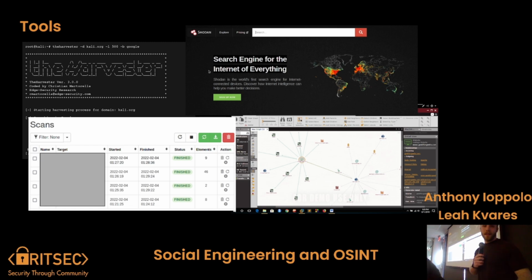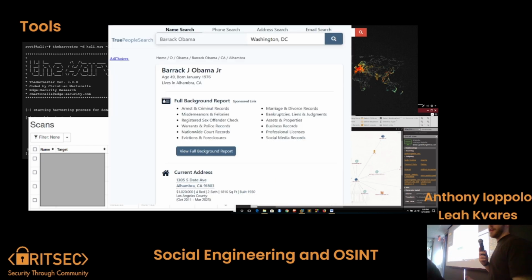And then one of the people search engines, for example, you type in something like "Obama lives in DC," and sometimes it's completely not accurate. But if you ran this on me, Anthony Ioppolo, within 100 miles, if you say Scranton, you'll get a hit. It'll say this is where he lives, this is his address, his siblings, how much his house is worth, how many beds and baths. So if you go up to someone and say, "Which one of your 6 bedrooms do you sleep in?" Come on, man. That's just on the internet.